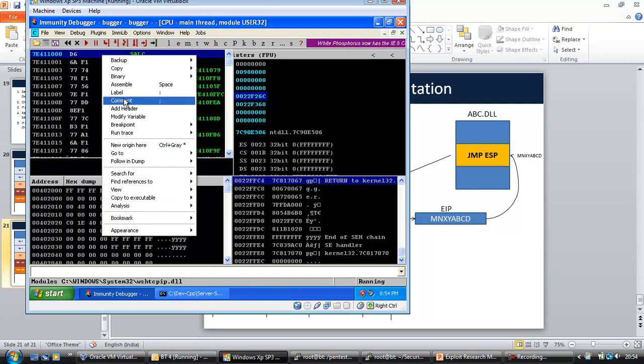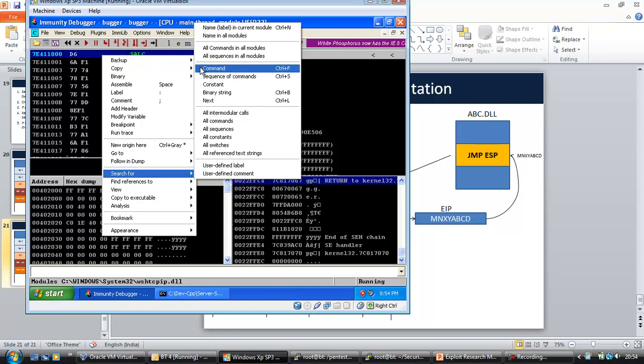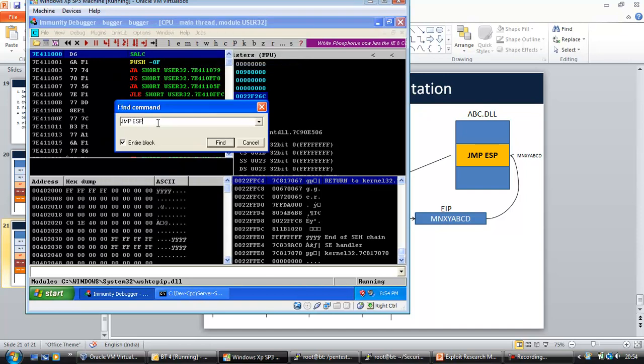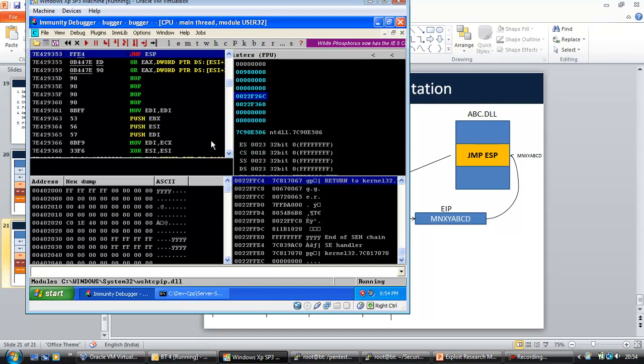Then we can right click and say search for command, and in that we can type in jump ESP. So this is the command we need, and what we want to find is a memory location which does not have a 0 in it as part of the address, but which will execute the command jump ESP. So let's click on find, and you notice we found an instruction located at memory location 7E429353,